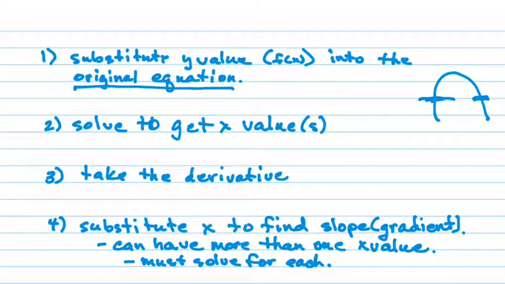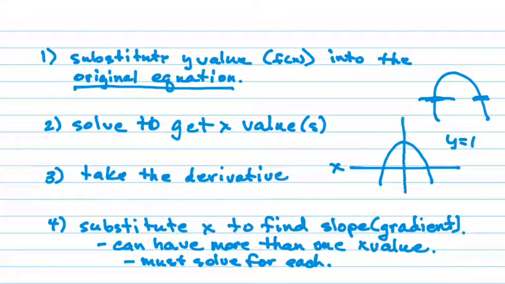For example, say you have a parabola like this, and this is the x-axis. We're looking for the slope where y equals 1. Let's pretend that this is 1. Well, that happens twice, doesn't it? So we're looking for the slope at both points. And if both points are the same, then you're going to get two different slopes. It'll be the same number, but